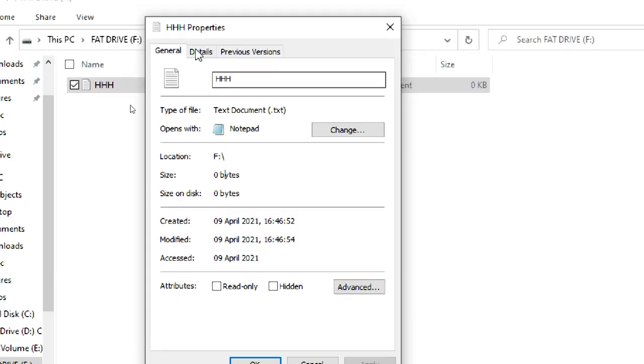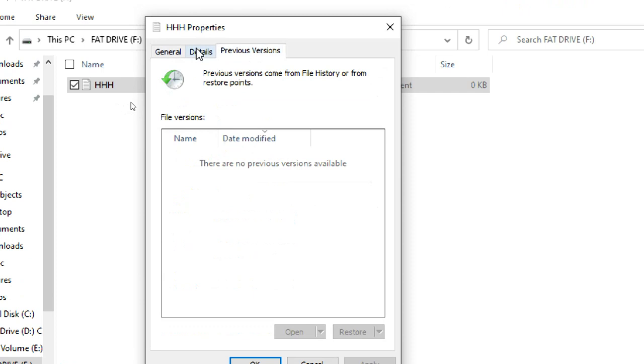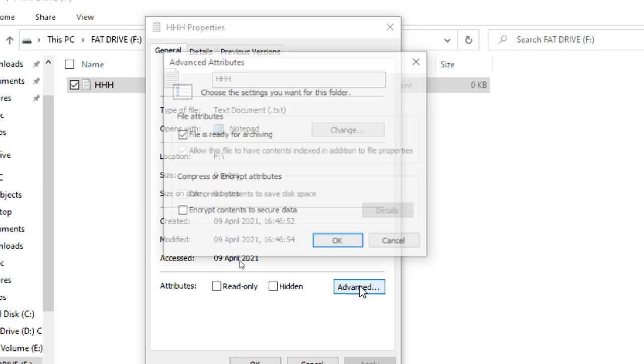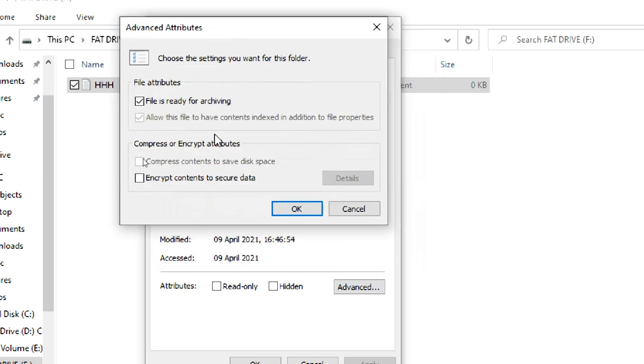So that's the point. See, only three tabs are there. The security tab is missing here because FAT doesn't have security. In advanced, two things are not there. See, the index option is showing indexing. Archiving is there, but the indexed option is disabled.